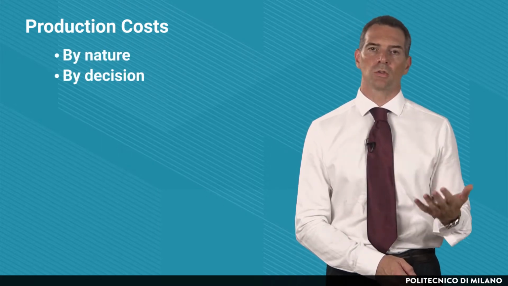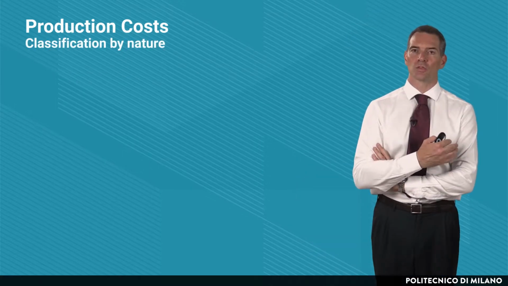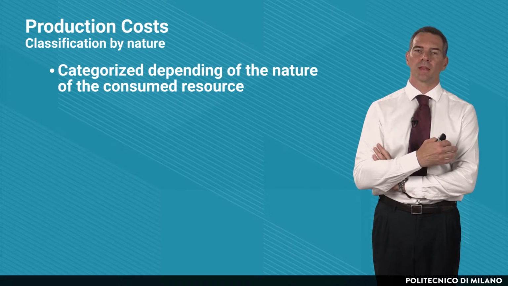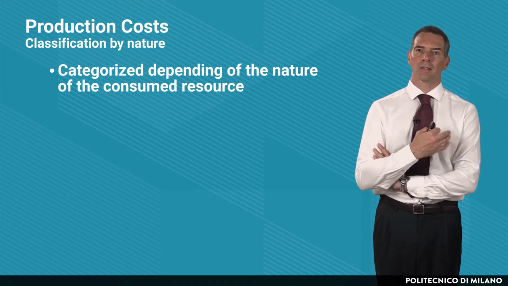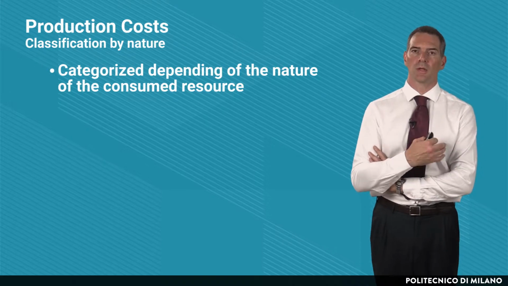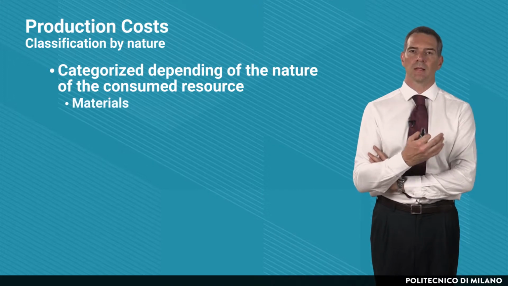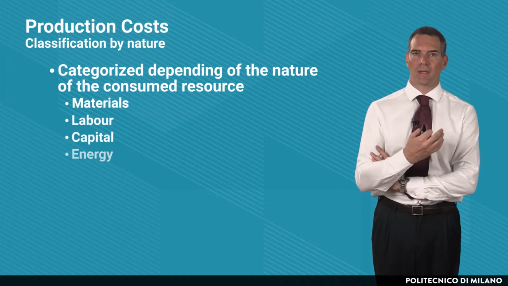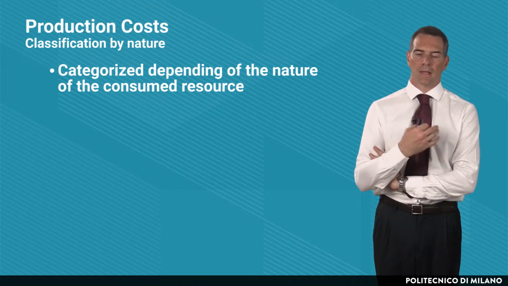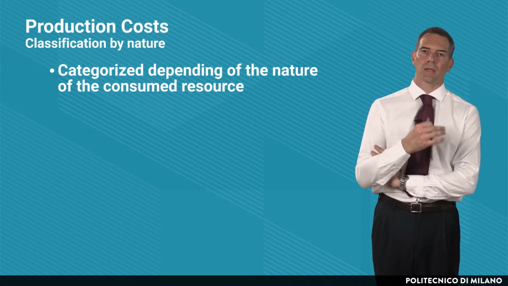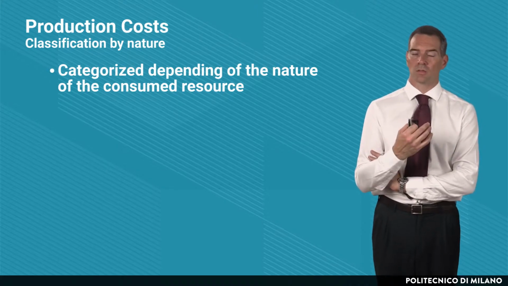Let's start by introducing the categorization scheme by nature. According to this approach, costs are categorized depending on the type of consumed resource, that is, depending on the type of production factor used. According to the classical theory, production factors are materials, labor, capital, and energy. This categorization is mostly used for internal accounting and in order to allocate cost, for instance, for price determination and